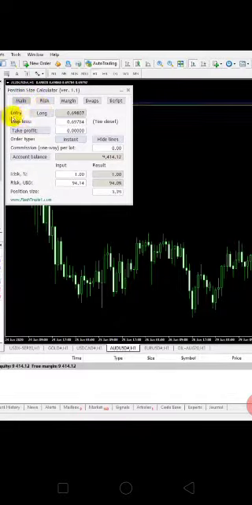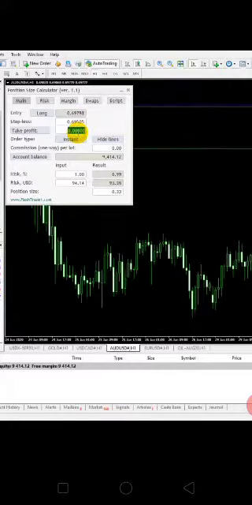Clicking on main, first here is the entry. Here you can choose long or short. You can choose whether you want to long the entry or short the entry. Here I would like to long my entry. Here I will add my stop loss, I will set it to 50.